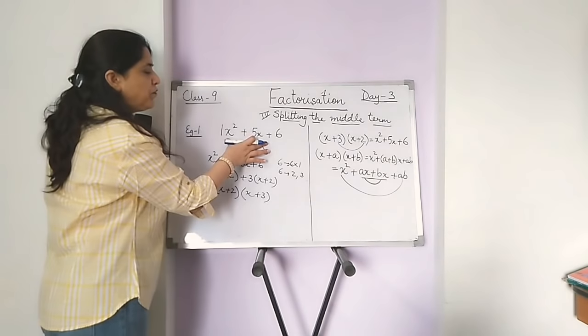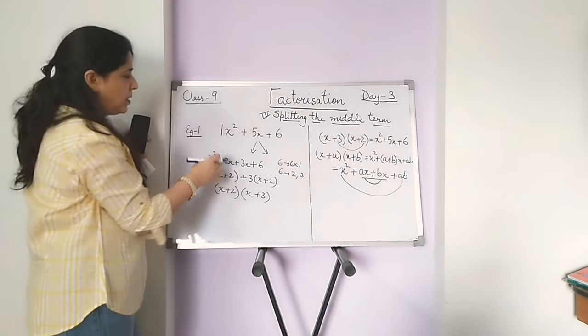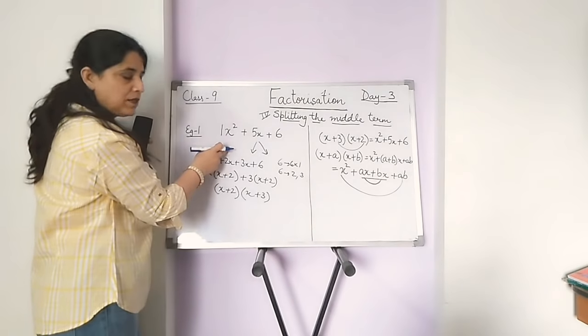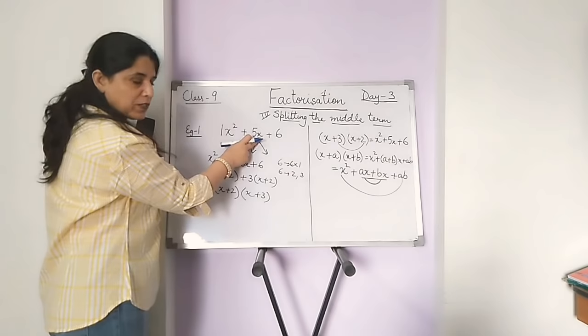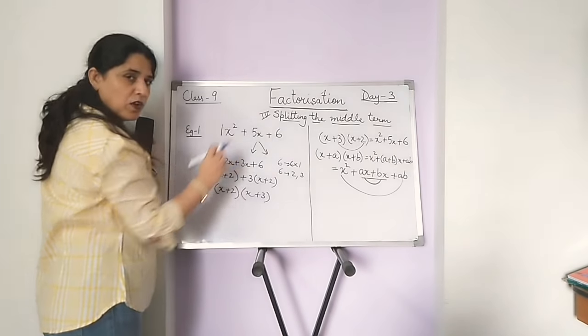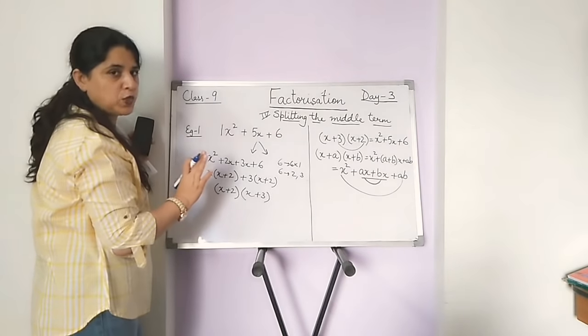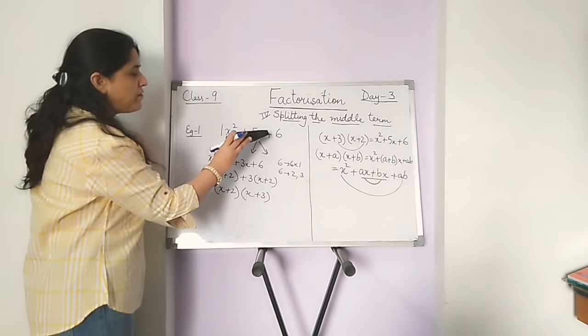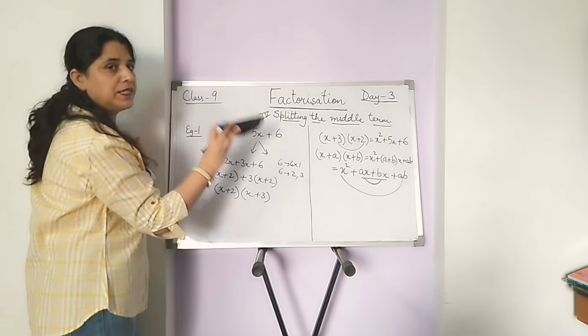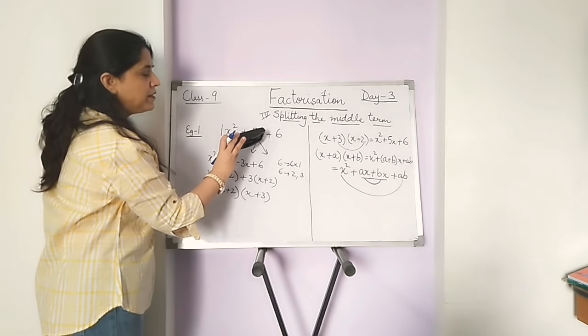So, how to factorize trinomials, especially these quadratic ones? Yes, they should be arranged: the highest power of x, then x to the power 1, and then the constant term should be arranged in this way. That is the first thing that you should check. Clear? Now, what we have done, we have split the middle term in such a way. We could have written